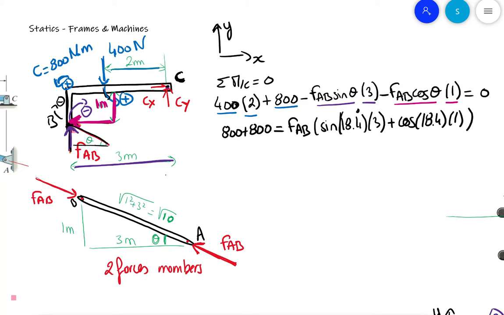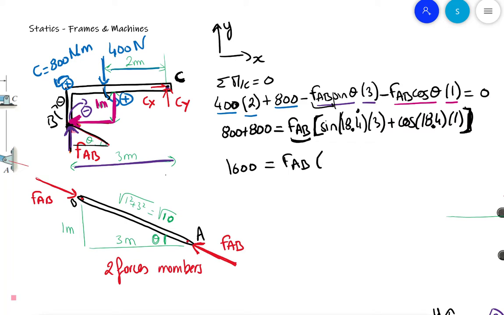Can you see that? I did more than one step in one line, sorry. You can write as many lines as you want. So 400 plus 800, after that I move this to the other side of the equal sign and factorize by FAB. So FAB sine theta times 3 and cosine theta times 1. So we have 1600 is equal to FAB times